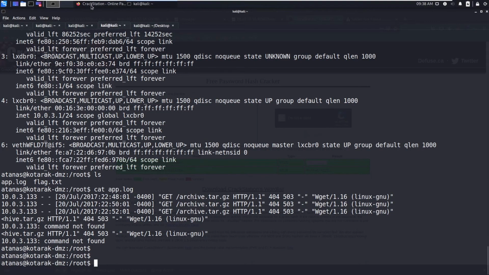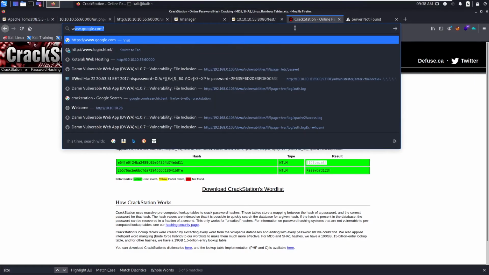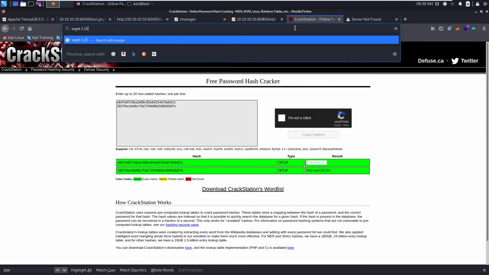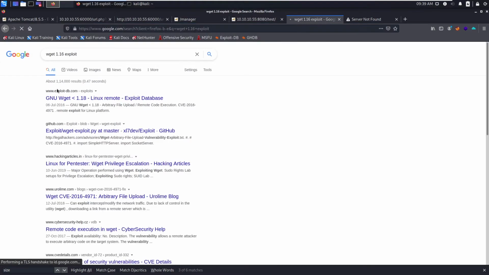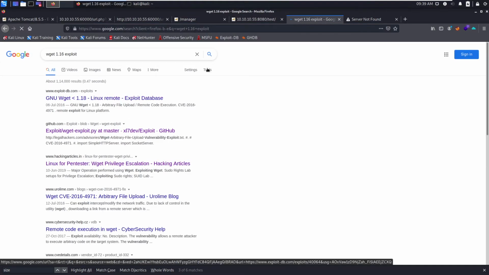So I searched online for wget 1.16, and I got so much data in the Exploit DB. So you can see we can execute remote code.